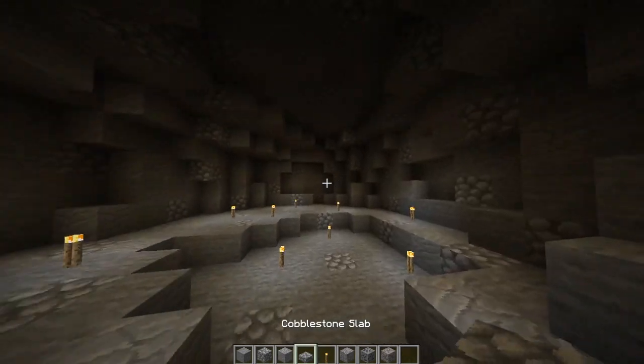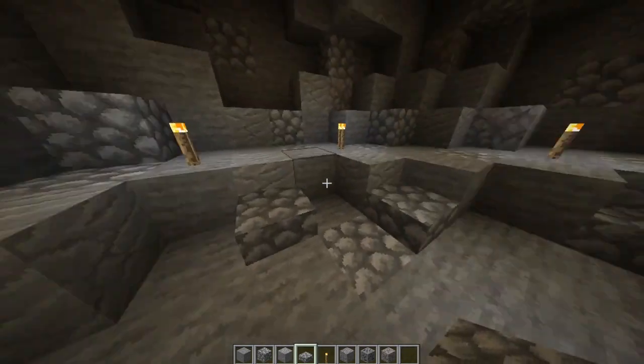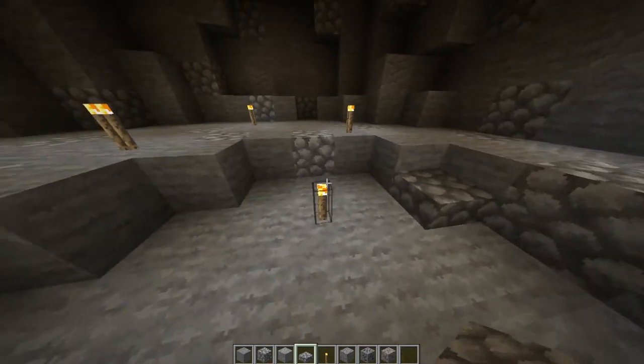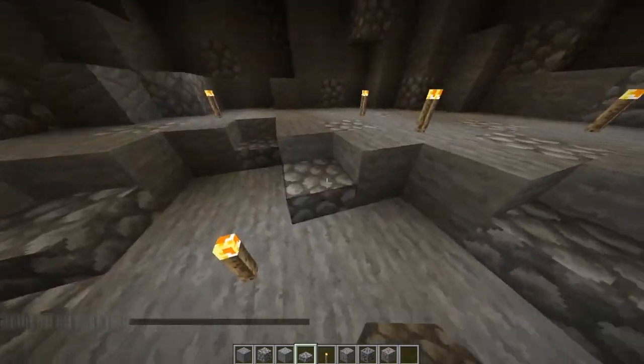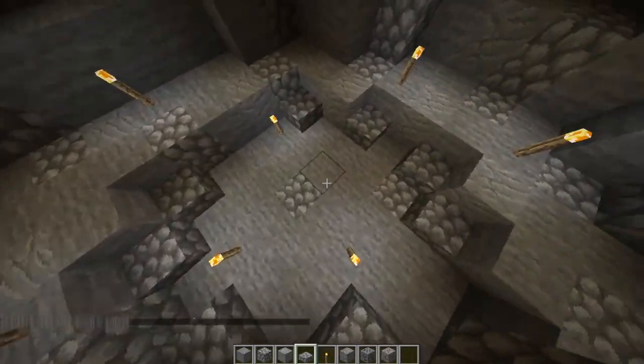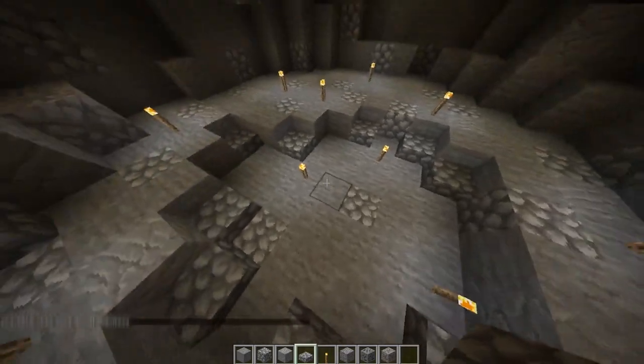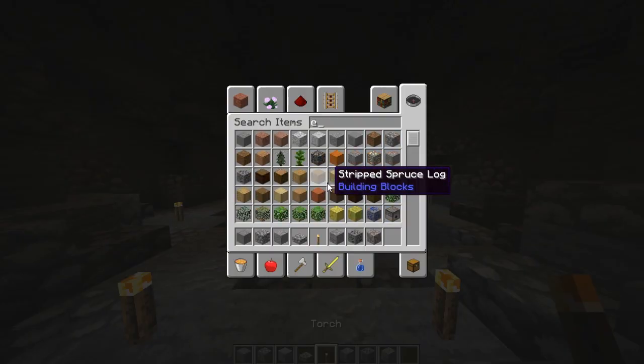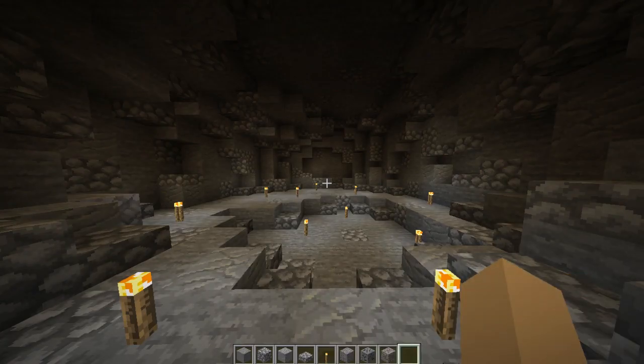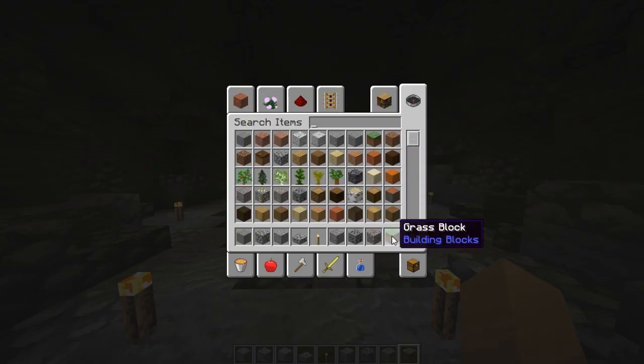Once you're done with all that, you can stick cobblestone slabs in every couple spaces. Actually, usually most of them. But you gotta leave out a couple of them so it does look like it's not just in every single space. Okay, so once you're done with that, you can add small little details like adding grass and stuff like